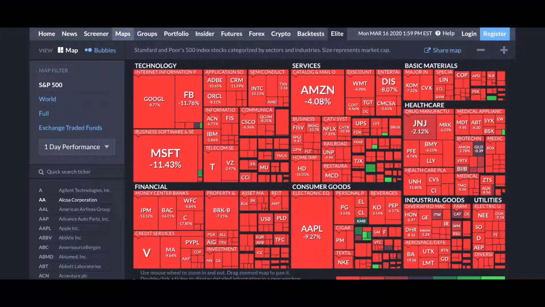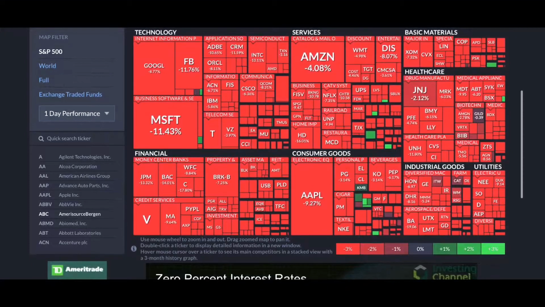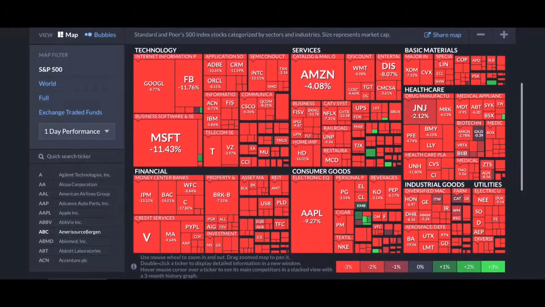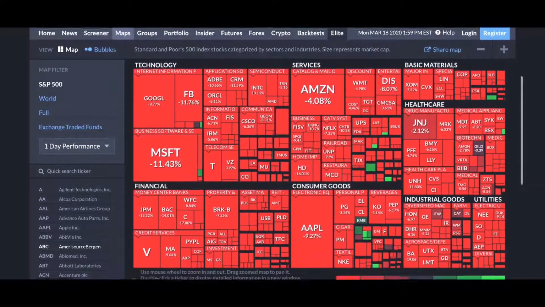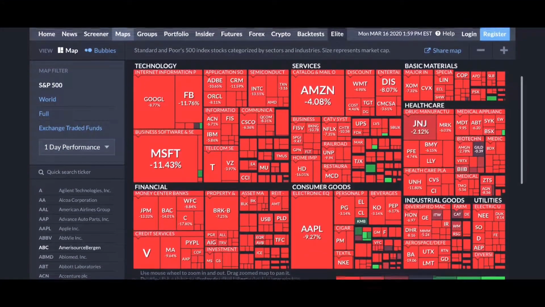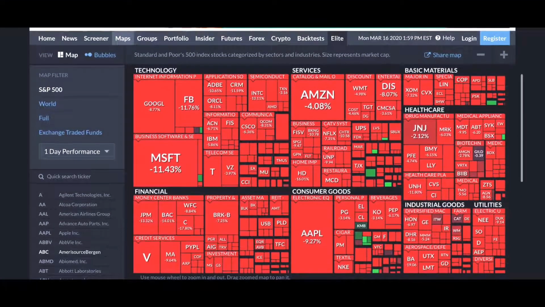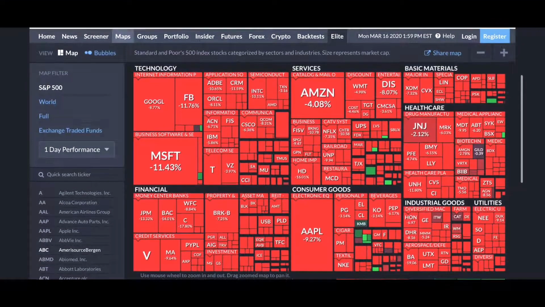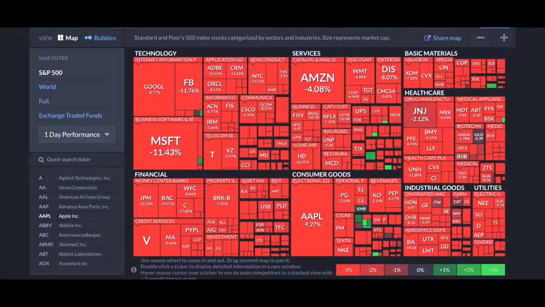I'm looking at the S&P 500 heat index at this time. There are many things that are red, but you do know there are some things that are actually green too in there. Today I want to go over what is the VIX. Many people use the VIX as a gauge. Others use it as a way to hedge their investments or their trades or their swing trades. It just depends on what type of investor you are. Let's go into what is the VIX.